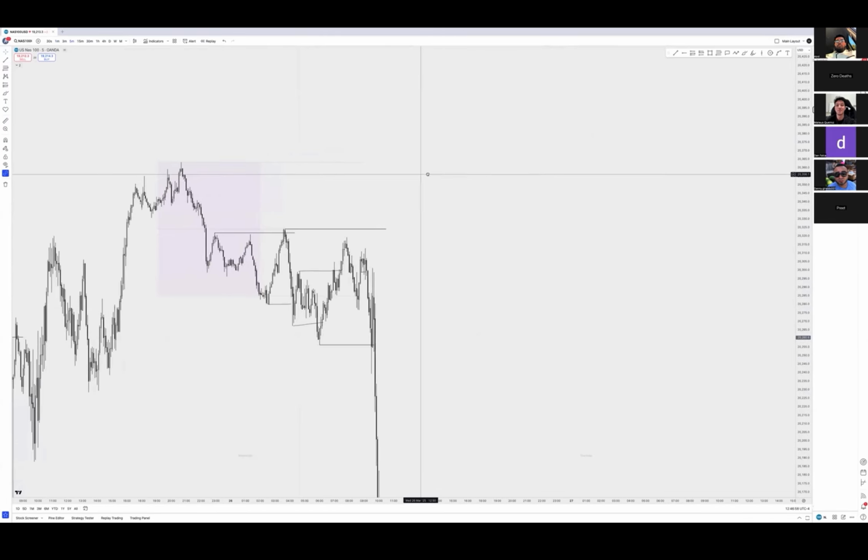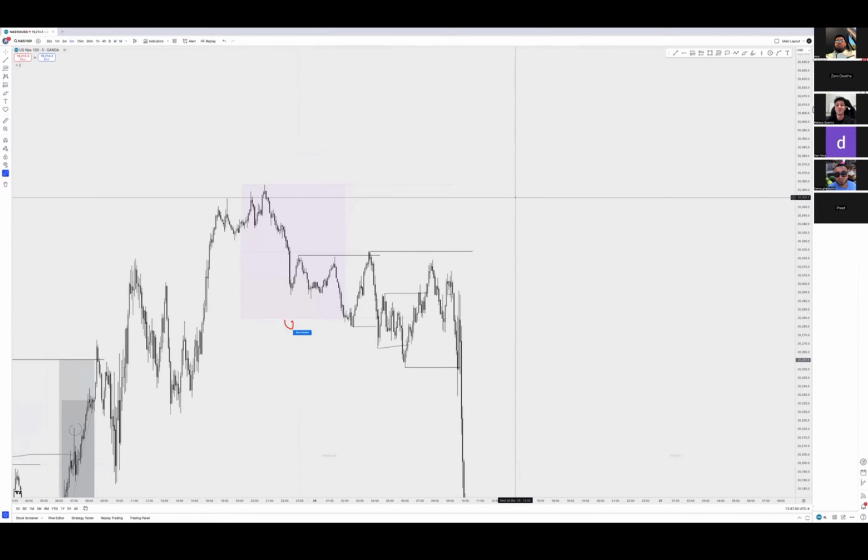Because when I reviewed it afterwards, yeah, so there you go, look, that's taken out the low, pulled back, lower low, and I was like, right, well, we're bullish. See, on the way back up, this makes sense. If you were to take it from here, as soon as this high gets taken out,